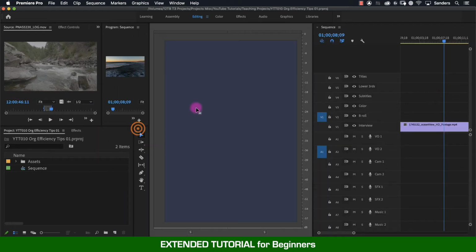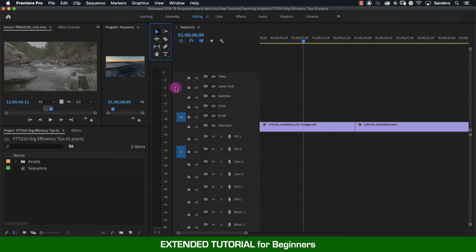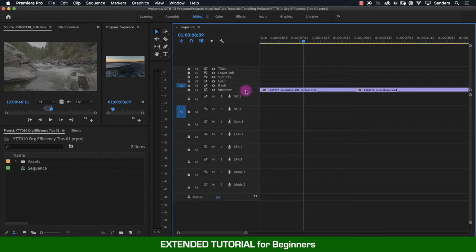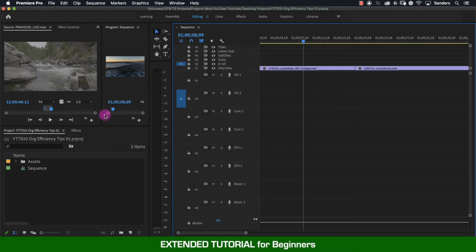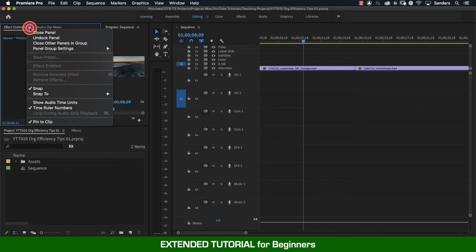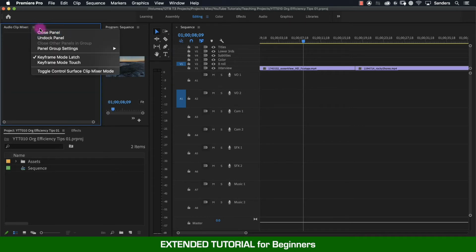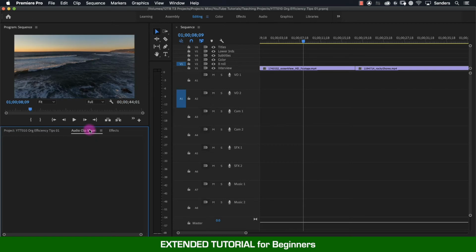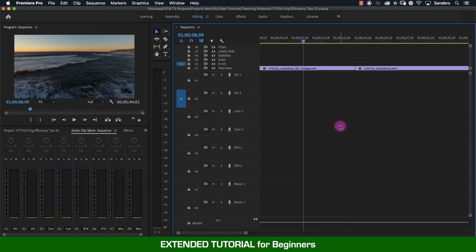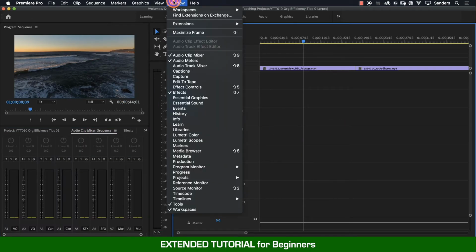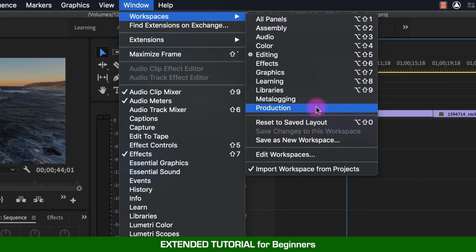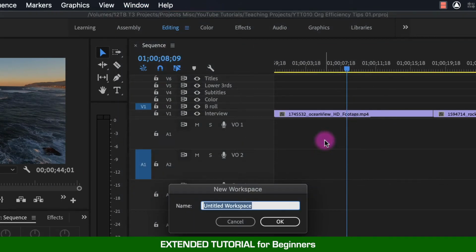I would suggest just playing around with this and having fun with it, and you'll get used to it. It took me a little bit when they first came out with this a few years ago, and eventually you'll get the hang of how to put windows where you want, and you're going to love it. So here I have created my own custom workspace, and I'm going to go up to Windows, Workspace, and Save as New Workspace. I'll call this Sound Design, and then boom, it shows up right here in my list at